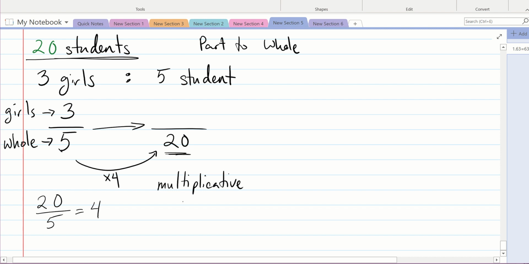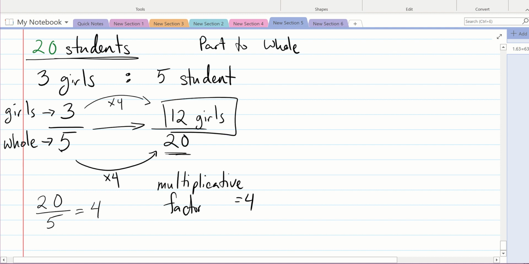The multiplicative factor in this case is 4, because we're multiplying by 4. So if we multiply the bottom by 4, we're going to multiply the top by 4 as well. 3 times 4 gives us 12 girls. So in the whole classroom, we have 12 girls, right? So if there's 12 girls,